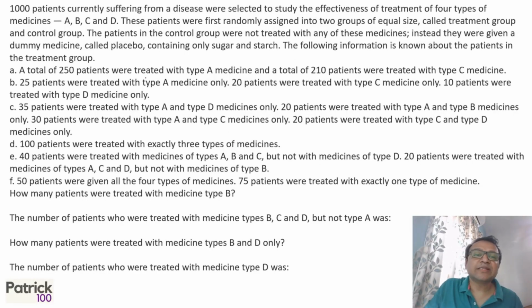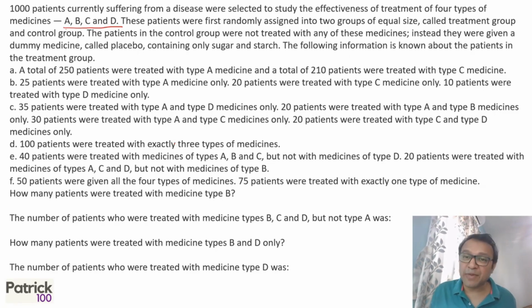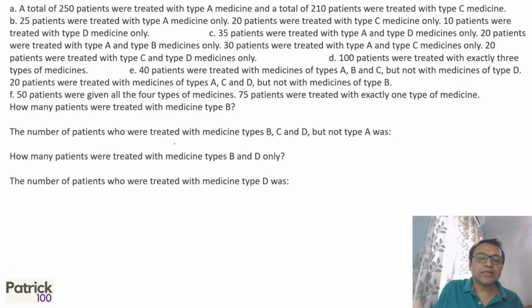Now, this specific sum was a four variable Venn diagram. It can be made out because A, B, C, D are mentioned and a lot of data is given to you. Normally, to fill in a four variable Venn diagram, you need a lot of data, and all that data is mentioned out here. Right? So based on that, you can make it out. Now, a four variable Venn diagram was not expected in the exam because very rarely it is taken up. But yes, once you know the format, you just fill in the data, you get the answer. So let's try to go about it.